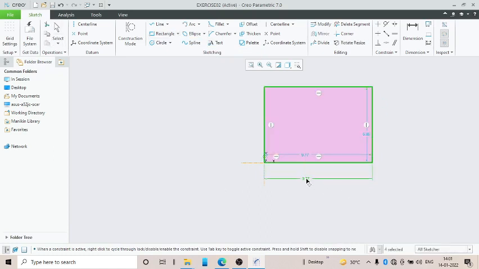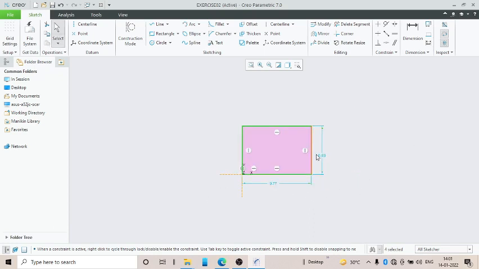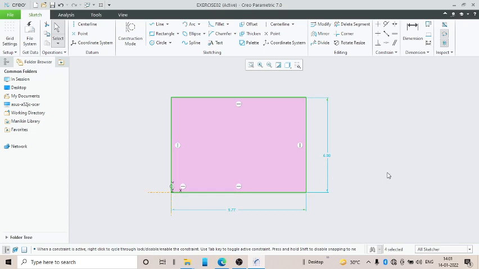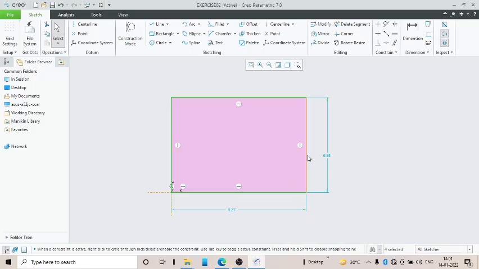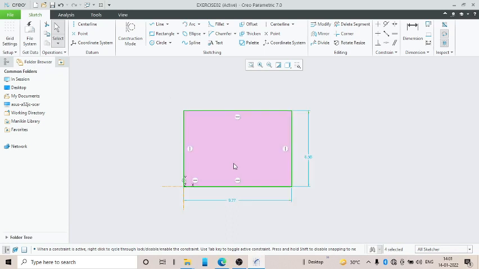Now you can see that this is 9.77 and 6.88. Actually our dimension is something else, in the sense 70 and 60. It should be 10 times bigger. We have to scale it. How to do that?